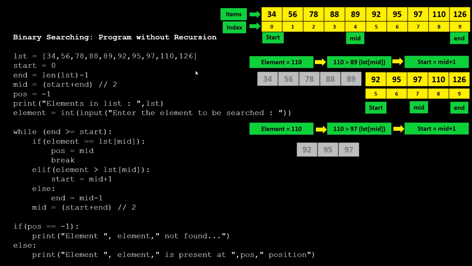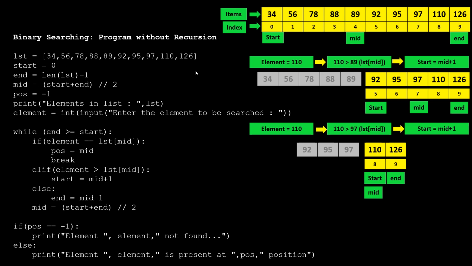These three elements are discarded, and our search continues in the right half of this portion. The start is initialized at mid plus 1, so it is placed at 8. End remains at its position, that is 9, and a new mid value is calculated, that is 8 plus 9, 17, divided by 2. Again, it is floor division, so mid is placed at 8.